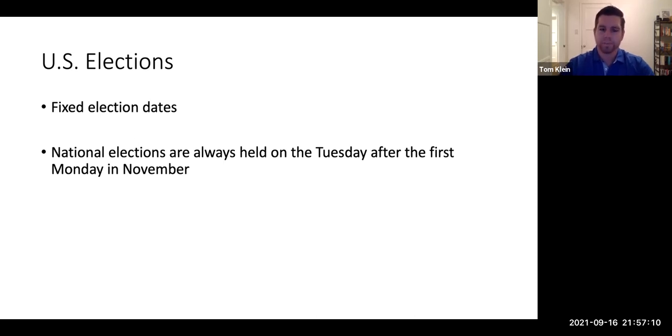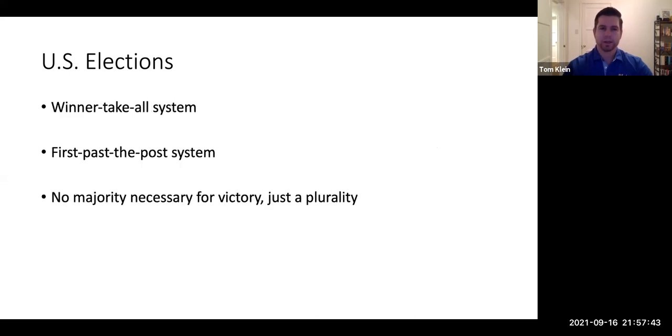It's left over from American history, where people used to be much more religious. So they didn't want to travel on Sundays because they go to service, mass, or whatever it would be. They could travel Monday and then get there on Tuesday. So that's kind of the thought process behind this. Is that relevant today? No, but at this point it's tradition and we keep doing it. So that's why we have our elections on the Tuesday after the first Monday in November. Kind of a weird American thing we do, but we've got a ton of those weird things in this country.